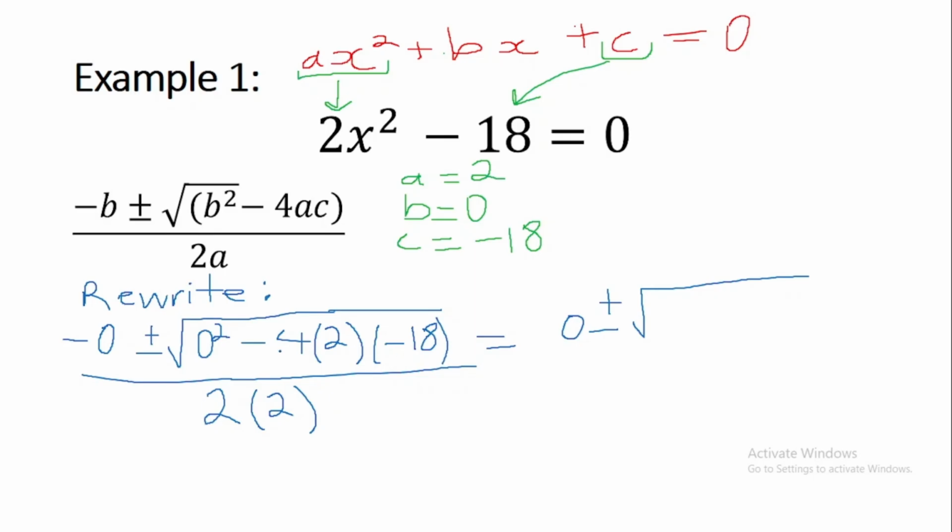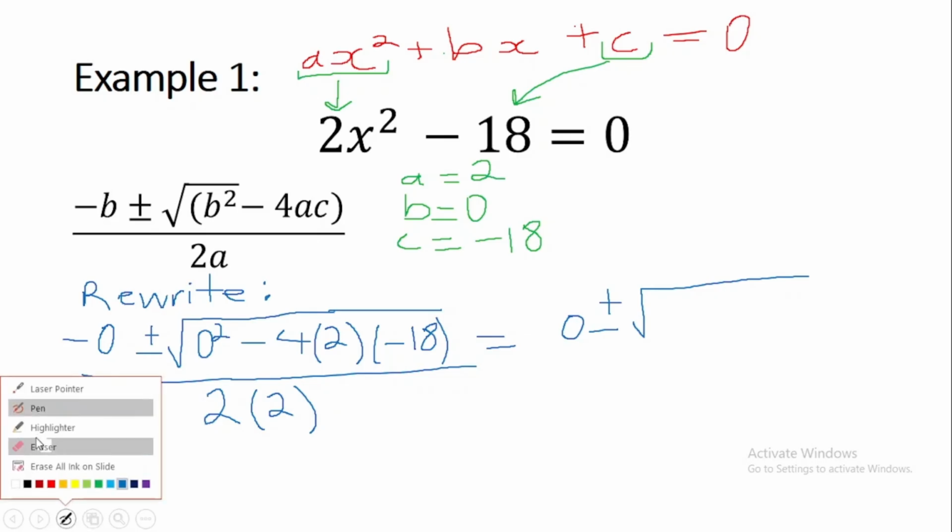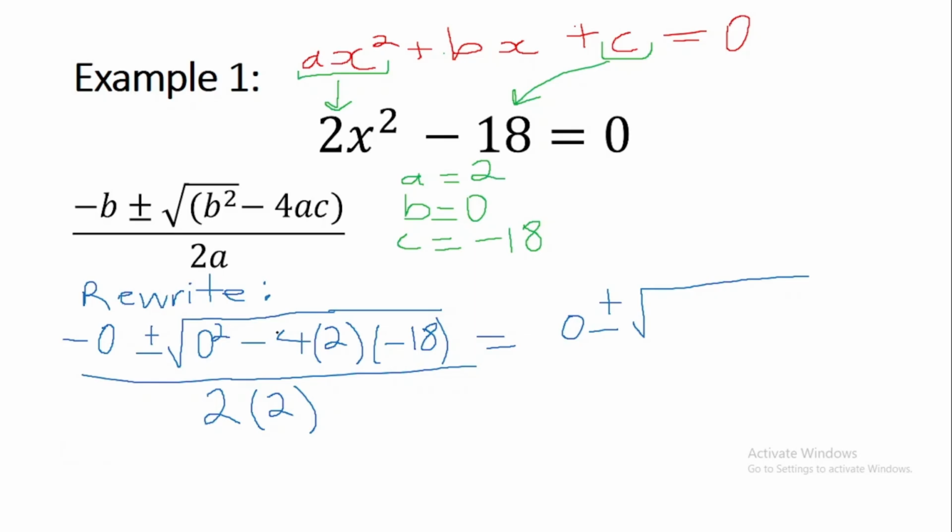So we're gonna multiply negative 4 times 2. Negative 4 times 2 is going to be negative 8, and then we're going to have our negative 8 times, so let me just write it right here a little bit smaller. So what I'm trying to say is that we're just going to multiply all our terms right here. So the 4 is going to multiply the 2, and it's also going to multiply the 18. So negative 4 times 2, that's going to be negative 8, and negative 8 times 18, that's going to be